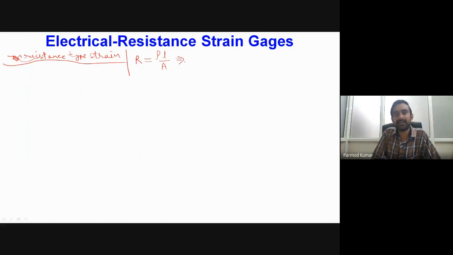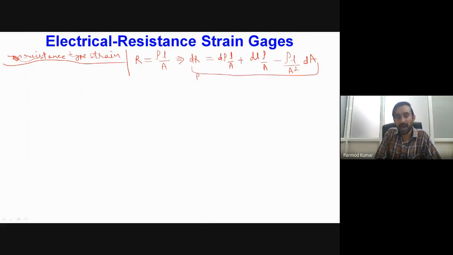Now let us take the differential of this equation. So if I take the differential, I can write dR as equal to d rho into L by A plus dL into rho by A, minus rho into L into dA by A square, and why I am taking minus, because the differential of 1 by A will be nothing but minus 1 by A square into dA. Okay. Now, if I divide this differential equation by R, on the left hand side I can write dR by R, and on the right hand side I will be substituting the value of R. So if I substitute the value of R, I will find d rho by rho plus dL by L minus